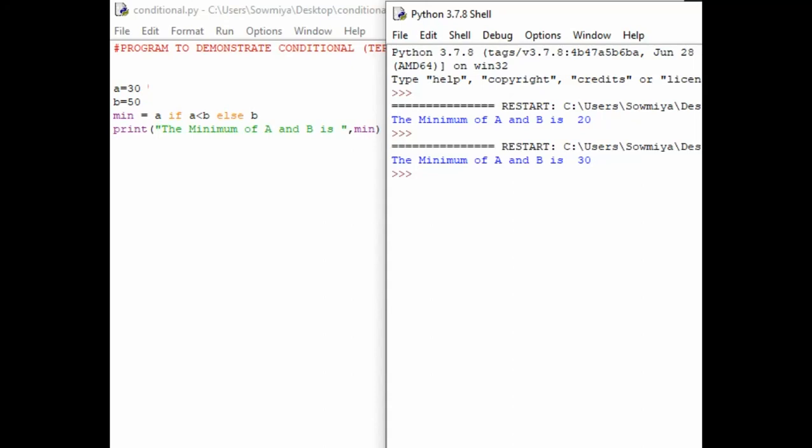Hope you understand all these operators. So far, in the demo session we have seen examples of arithmetic operators, relational operators, conditional operators, and logical operators. And one more operator is the assignment operator. So we have seen examples of 5 operators so far. Hope you understand all the examples which we have seen in the demo session. Thanks for watching this video.